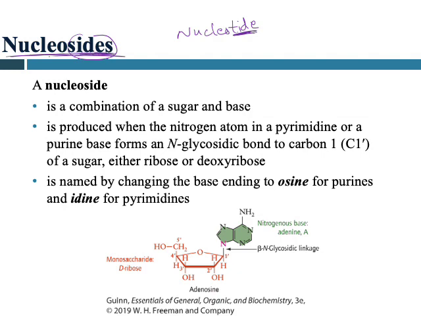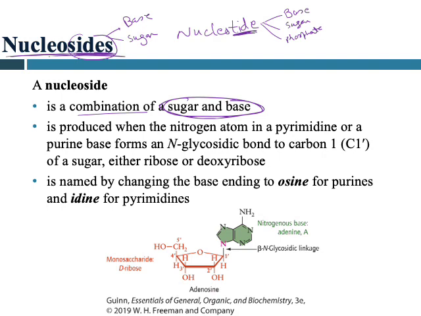In a nucleotide you have three components: you have base, you have sugar, you have phosphate, right? But in a nucleoside you just have base and sugar. You don't have any phosphate in a nucleoside. So a nucleoside is a combination of only sugar and base,